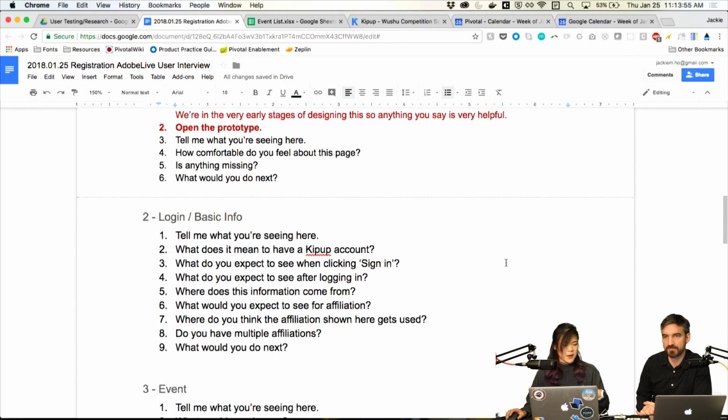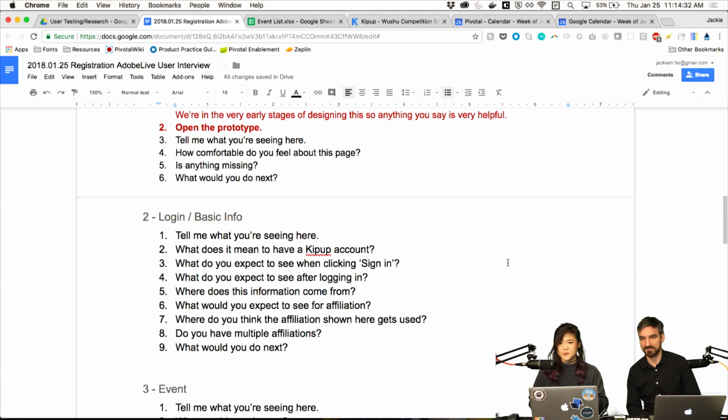So I generally like to prepare a script like this. I've also run interviews that are a lot more free-flowing or exploratory, but in this particular case we're testing, less exploratory. We know we're going to build a registration flow at this point, and it's more around, does the user understand the interactions and the flow? So it's easier to go with the script, and especially if you're testing a more consumer product across multiple users, it's good to ask questions in the same way. Okay. So you can have good data points across the board.